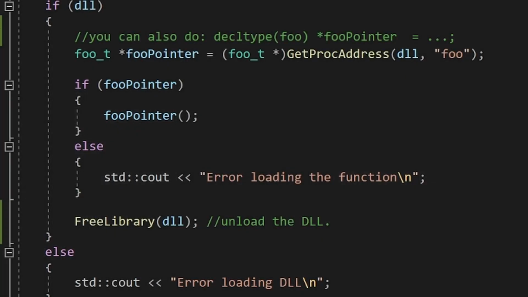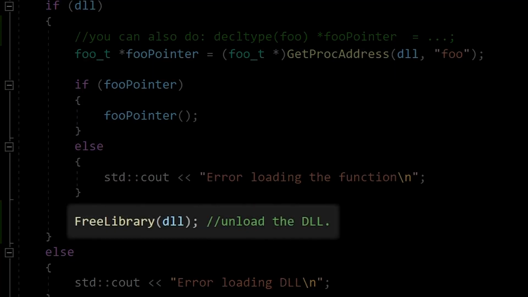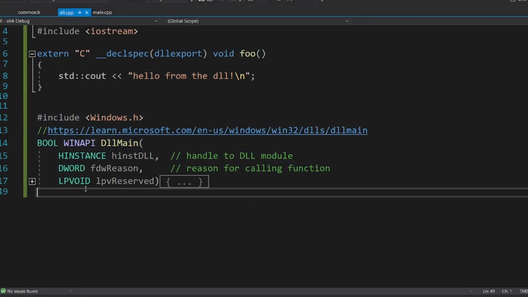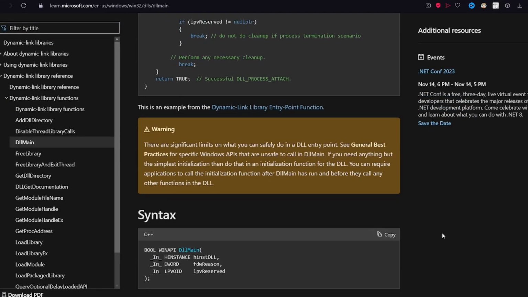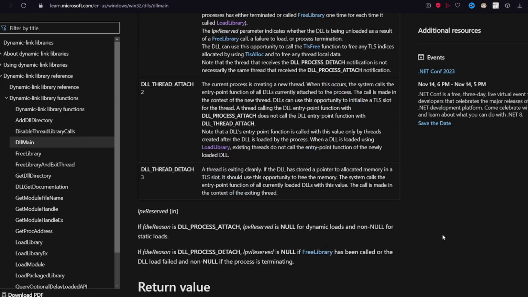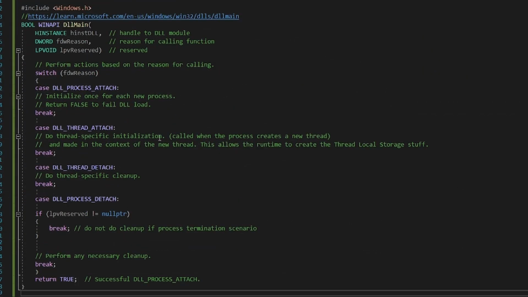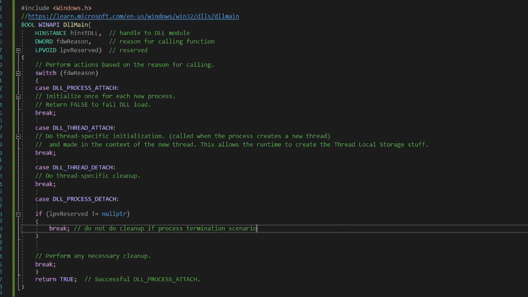Okay, now to close the DLL, you have to call FreeLibrary. But as with any other freeing related thing, this is done by the OS at exit. So you don't need to call this when your program closes. So what is this thing then? Well, this is called the DLL entry point, and it has a nice documentation. Basically, it is a function called when a program loads the DLL, unloads the DLL, or creates or destroys a thread. This is useful because you can initialize stuff here and also deinitialize stuff.